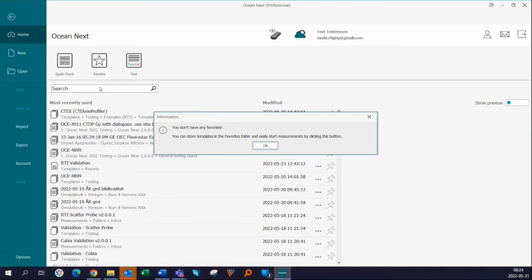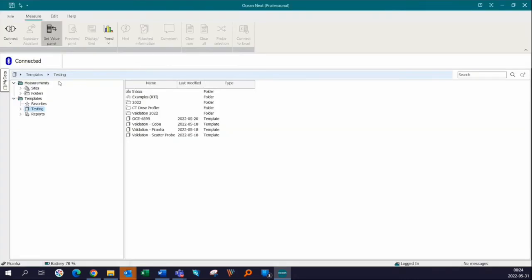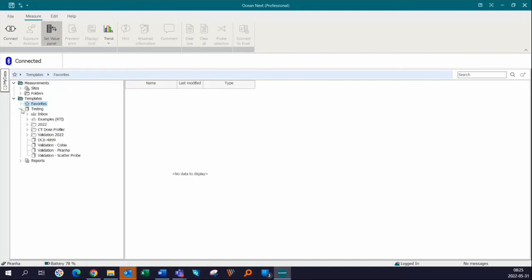So yeah, let's assign some templates as favorites. The best way to do this is to go to the test view, so that you can view your database tree. And you can see here under templates that we have the favorites folder. Right now it's empty, but we shall pick and mix some of our RTI examples, and we are going to